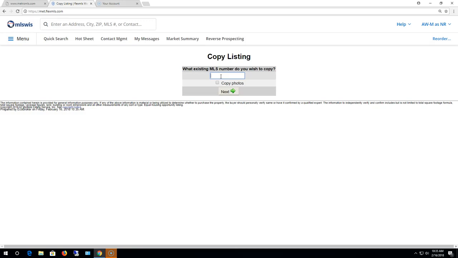Maybe you entered a vacant land lot and you've got another lot in the same area that's really similar, so you can just do the tweaks and change the things that you need to change. So I'll go ahead and enter my list number